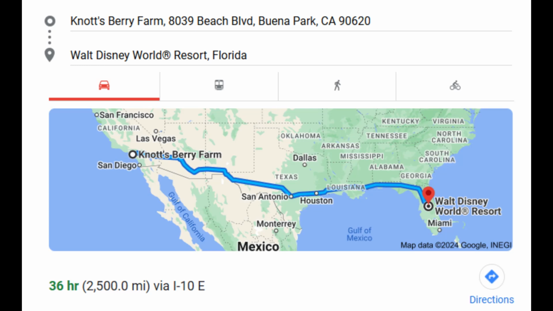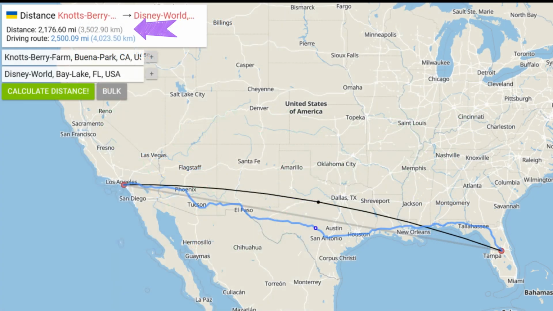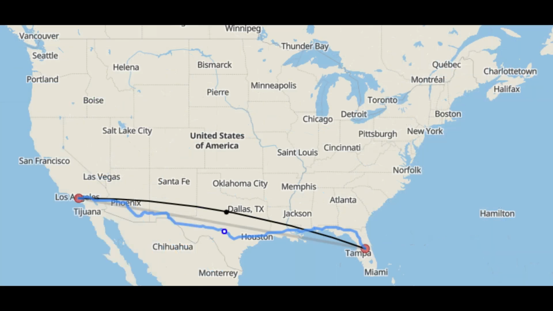According to Google Maps, the distance is approximately 2,500 miles, which isn't too far off from my answer, but this is the driving distance. If one is flying in a plane, the distance is 2,176.60 miles direct. It is important to note that in determining the distance between 2 points by utilizing the distance